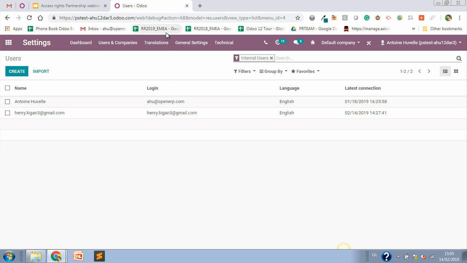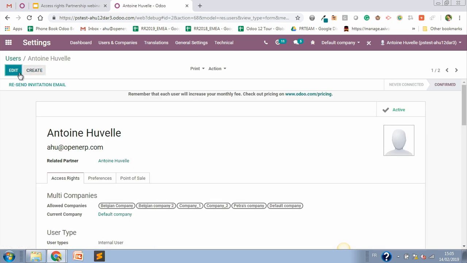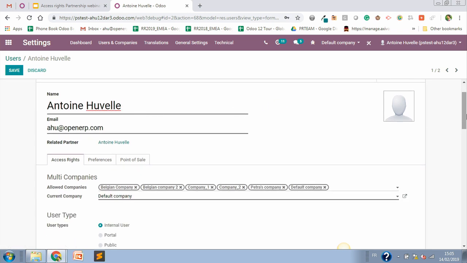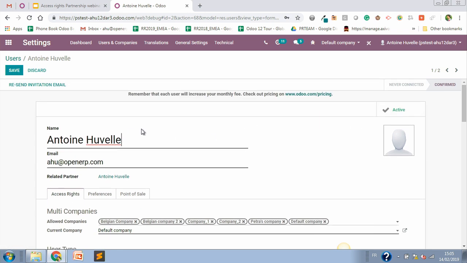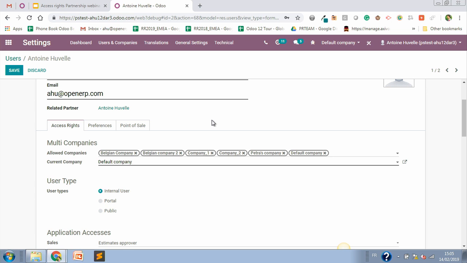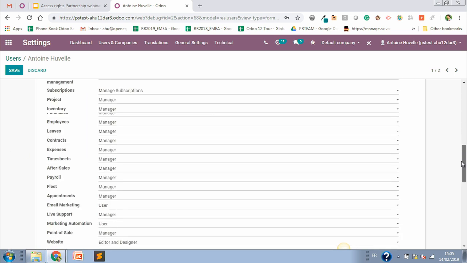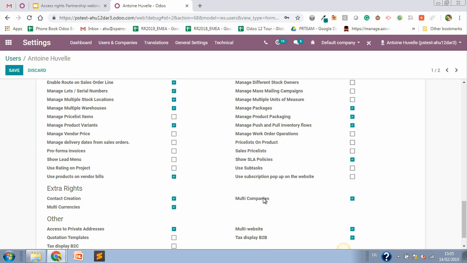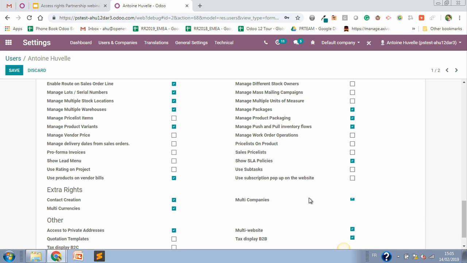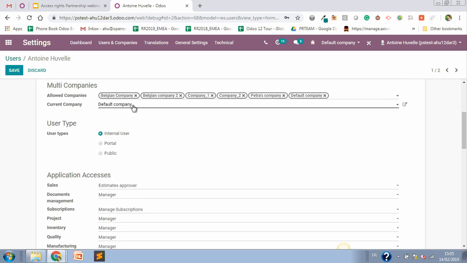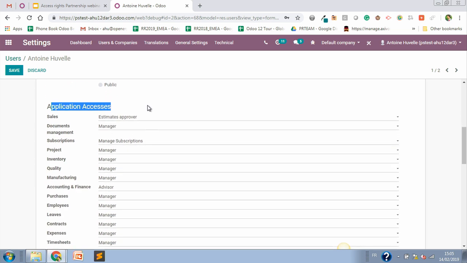So what is important to understand is that at the moment I'm really logged in with that user, and if I have a look at the user itself, so at my record, if you like, as a user, I can see a few things that are related to the access rights. I will come back to the notion of multi-company later. Just to let you know, if you cannot see it right away on your screen when you are having a look at this video later, it may be because you didn't check here the multi-company setting, because this is a field that is shown only for that purpose, but we'll discover that later. I want first to have a look at really what is important here, the notion of group